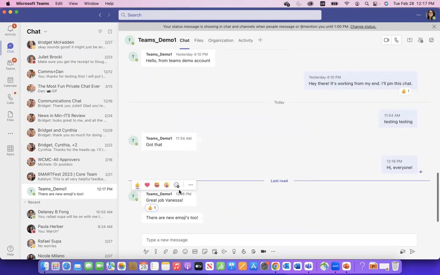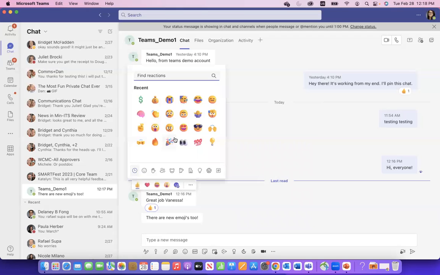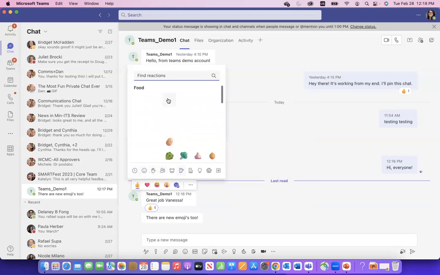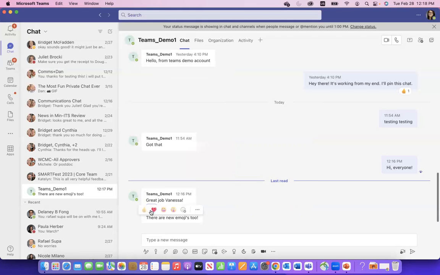But as far as emojis go, since those are the most important part of Teams, everyone, there is this little button here where I can add any reaction I want. If you're familiar with emojis in general, you can choose from any of them. So I could respond with a pizza if I wanted. That could be fun. There we go. Great job, pizza. So that's how the emojis work. You can respond with anything that's available in the emoji library.